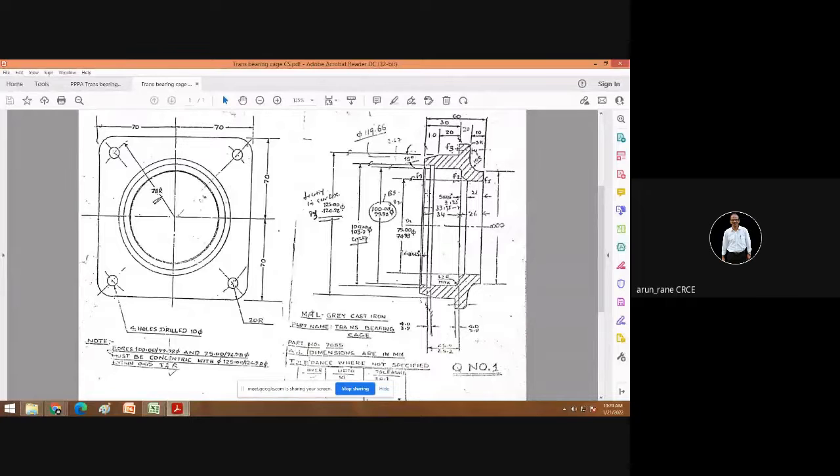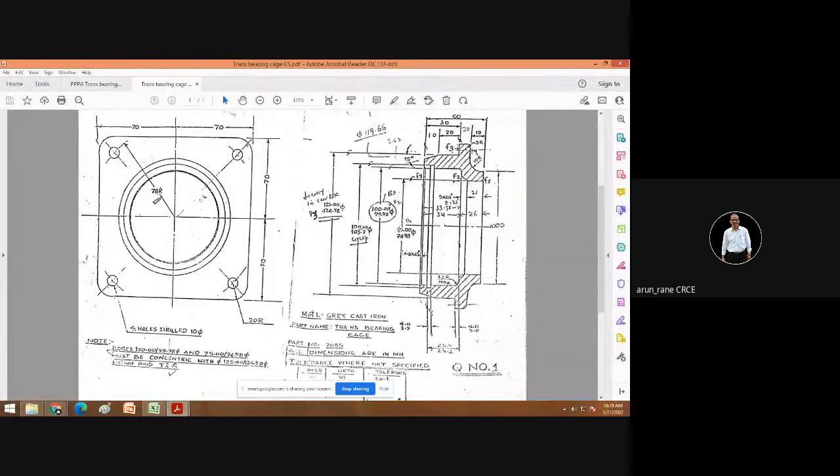So volume will be pi by 4 into d square minus again d square, that is pi by 4 into bracket outside diameter square minus inside diameter square into length. That length is 30. Now this bore you will have to take, not this 103, that is the circlip.